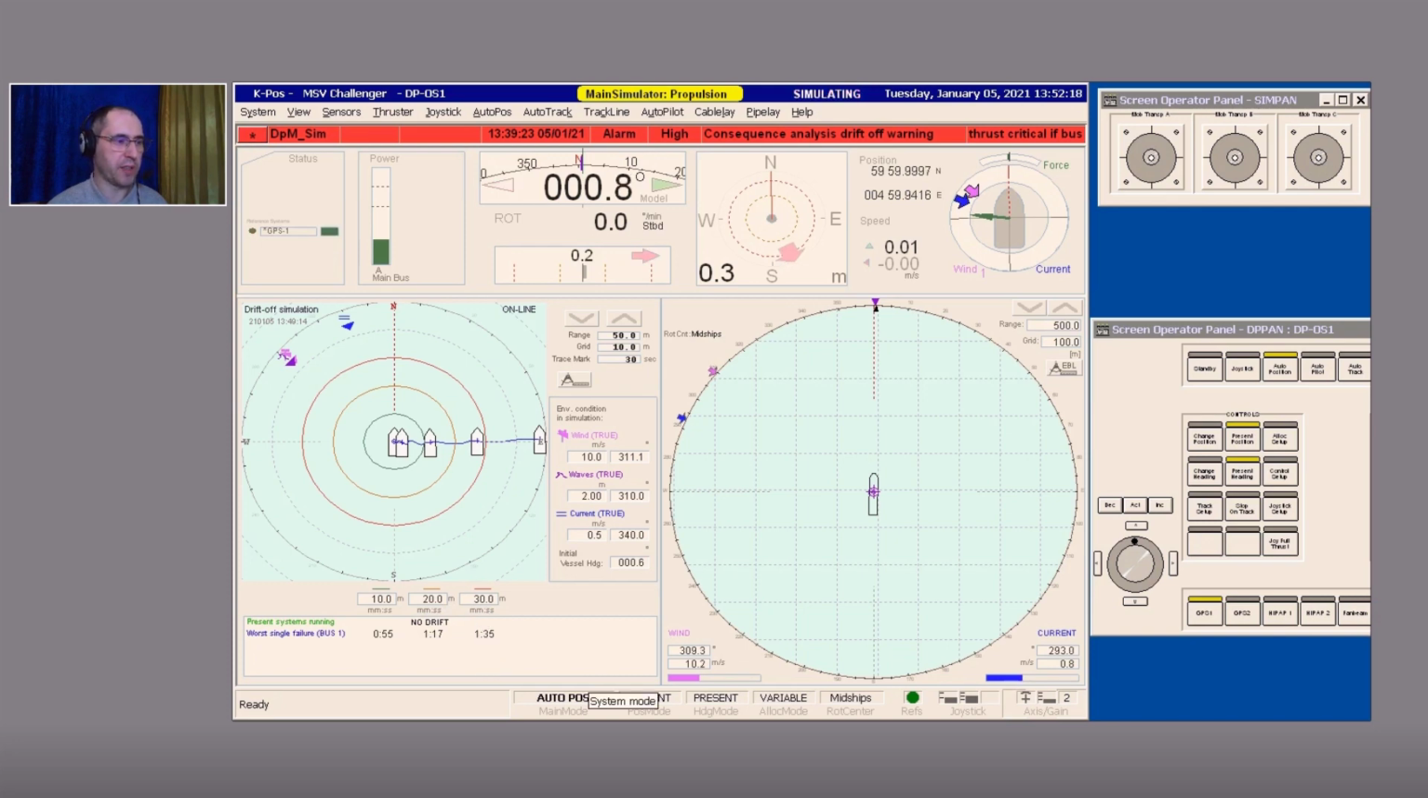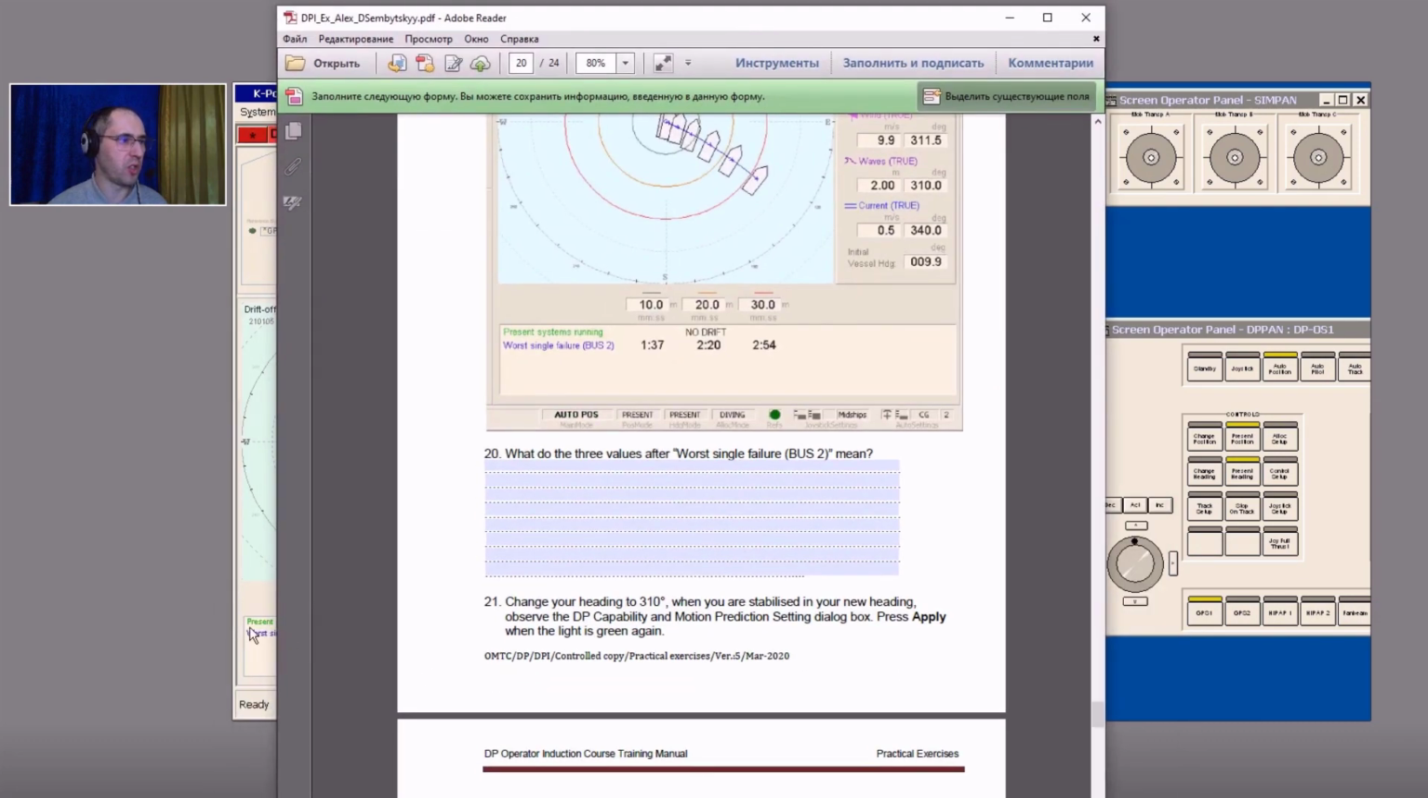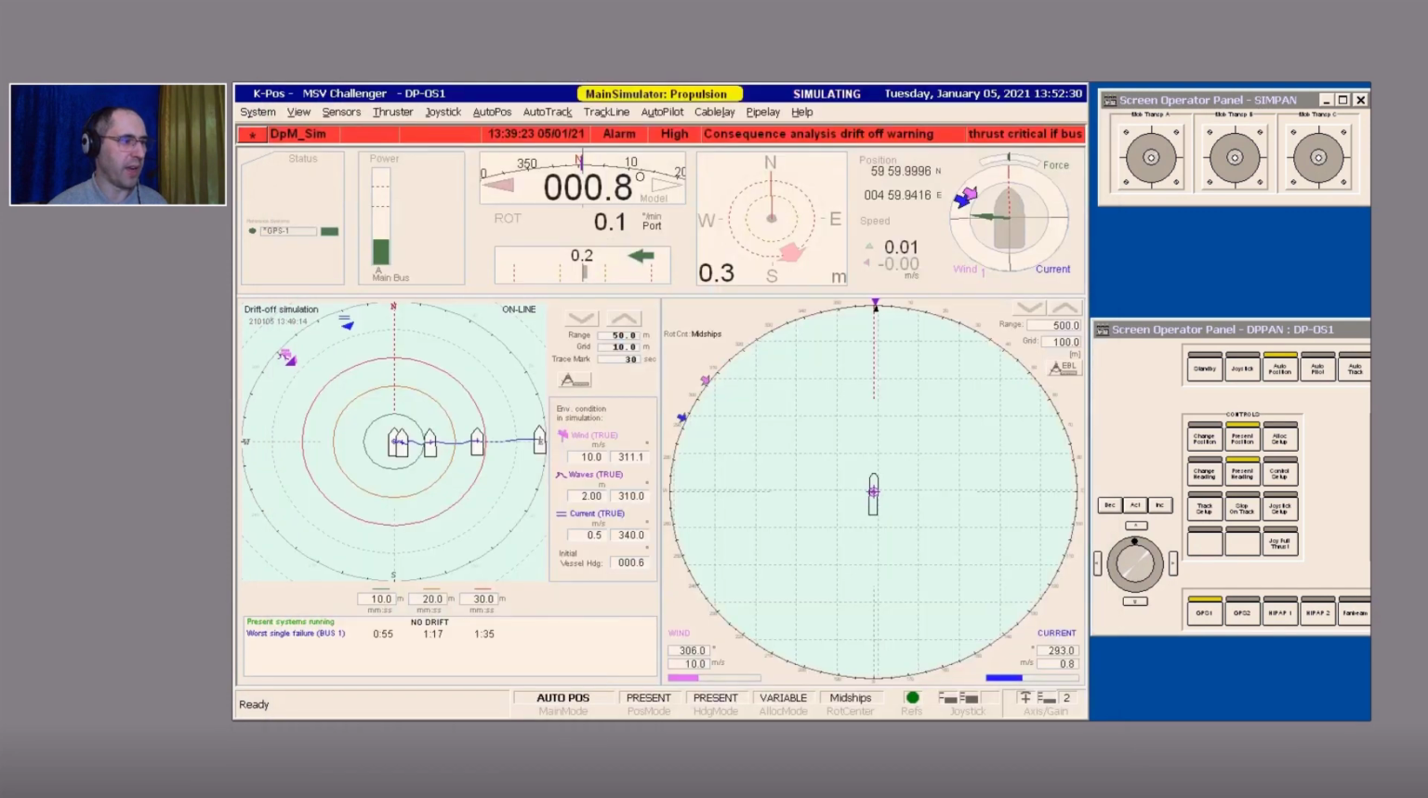And in our exercise book, we have a question: what do the 3 values after worst single failure bus 2 mean, or in my case bus 1 mean? To answer the question of line number 20, I will use the next phrase. The analysis predicts that the vessel will use in our results